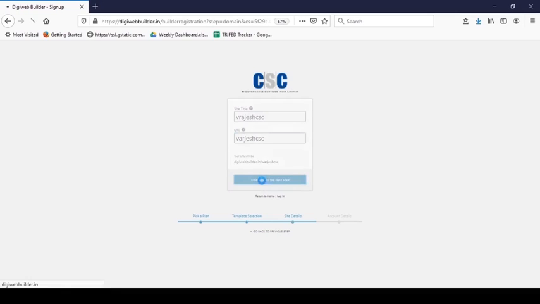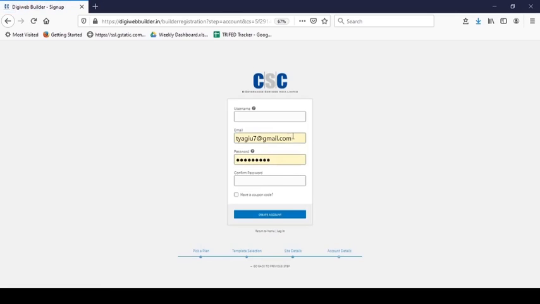Click on continue to next step. Create your username. Enter your email ID.